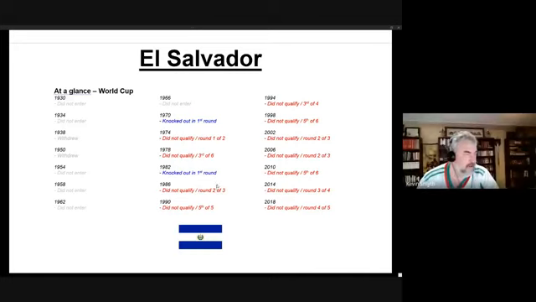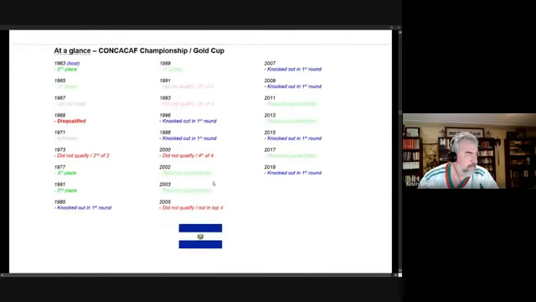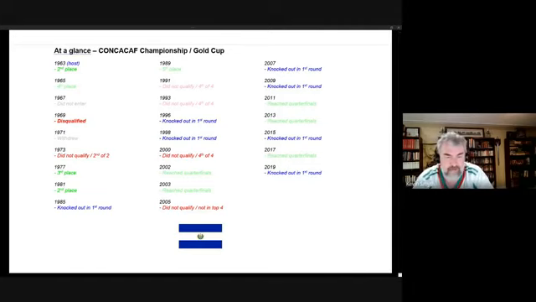All right, well, let's take a look at their regional performance here. They fared well early on, actually. They earned 2nd and 4th place, respectively, in the first 2 editions, 1963 and 1965. And they also had a good run around 1980, coming 3rd in 1977 and then 2nd in 1981.